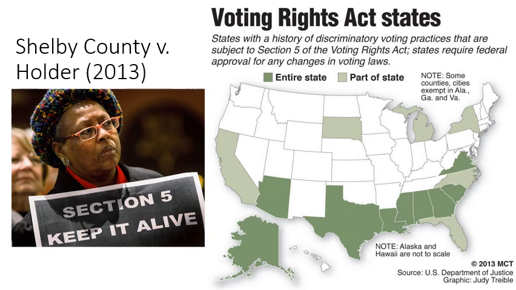Now, it didn't strike down Section 5, but Section 5 is unenforceable without the pre-clearance requirement. Notice also, it doesn't strike down the rule that you can't discriminate against people and prevent them from voting. That's still illegal. So if Texas were to write a law designed to prevent blacks or Hispanics from voting, it would still be illegal. They just don't have to get pre-clearance from the Attorney General before the law can go into effect.